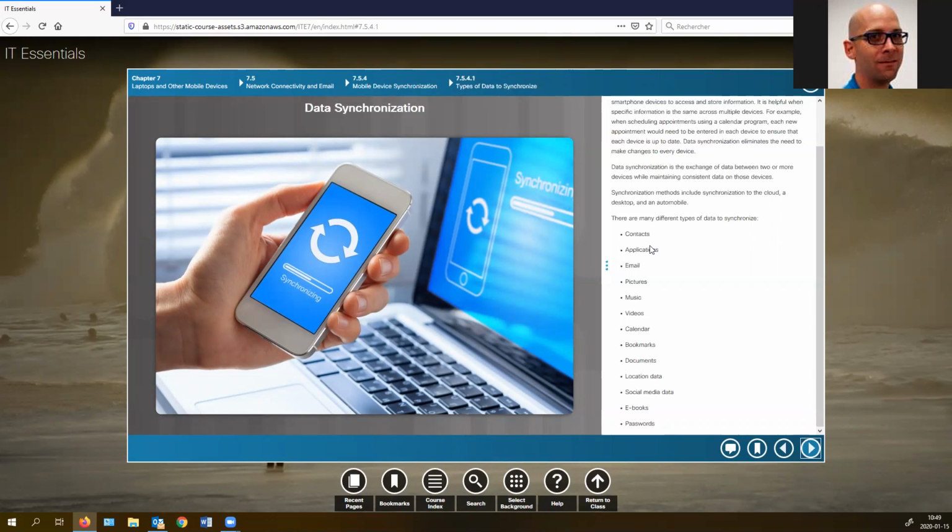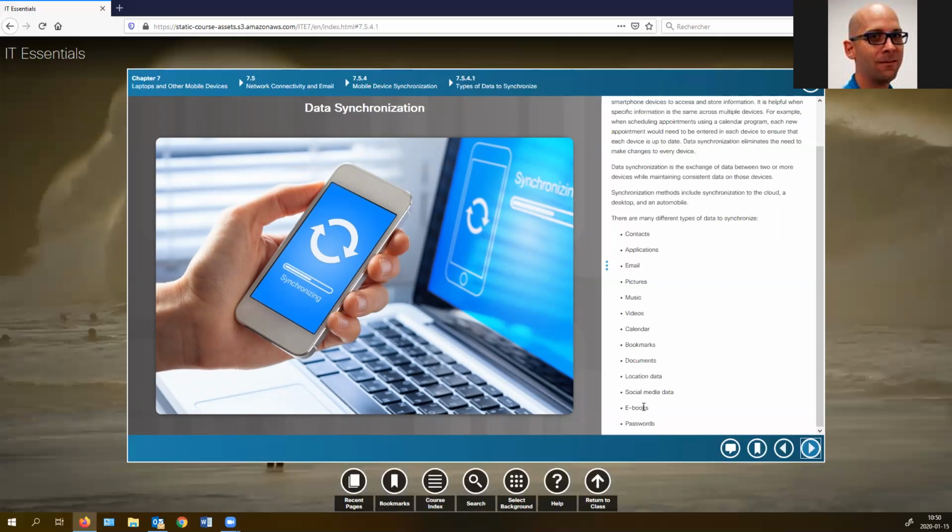So this is called synchronization. Same thing for ebooks. For example, right now I'm using Amazon Kindle a lot to purchase ebooks. Since I have the same account for every device, I can read on my cell phone, on my computer, on my tablet, and it synchronizes where I am in that book between my different